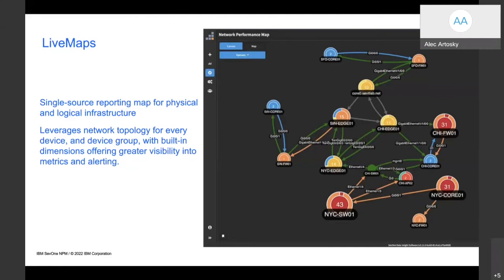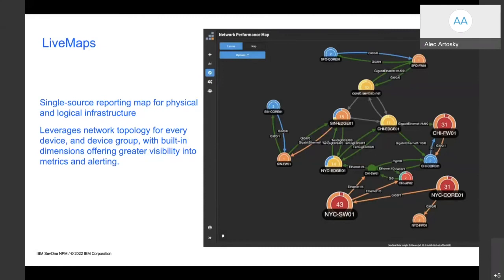So this intelligent map building that we have as part of the system is able to take a device, automatically associate it with the other devices, and see how A affects B and B affects C. So you can take this for your whole environment and see that these colors will change lines based on alert status, how much traffic is moving, and the status of those devices. So you can really leverage this topology so that we can understand how everything is operating with a single click and a single build. So no longer is it I have to lay nodes on a map. SevOne can intelligently scan your environment and place these devices together based on how they're interconnected, and you can get a visual representation of how these devices are all associated.